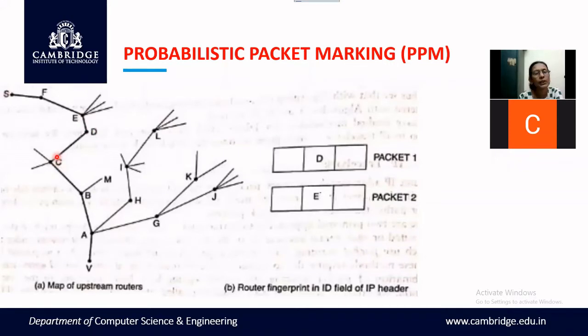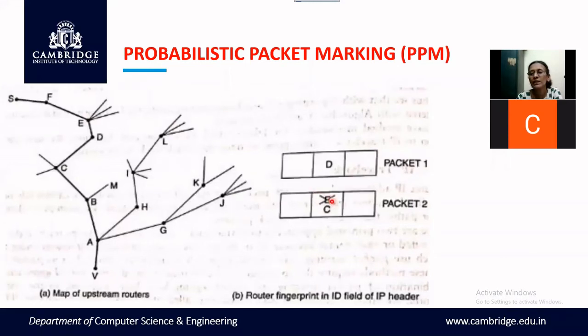So what does C do? It calculates the hash of its IP address and it has to write here. It sees that it is already written there. It doesn't bother, it just overwrites this information. That means the information that E was there is removed and C's data alone will be there. The overwriting means only the next data will be there. So only the information of C is here. Then the packet moves to B. B doesn't write. A doesn't write.